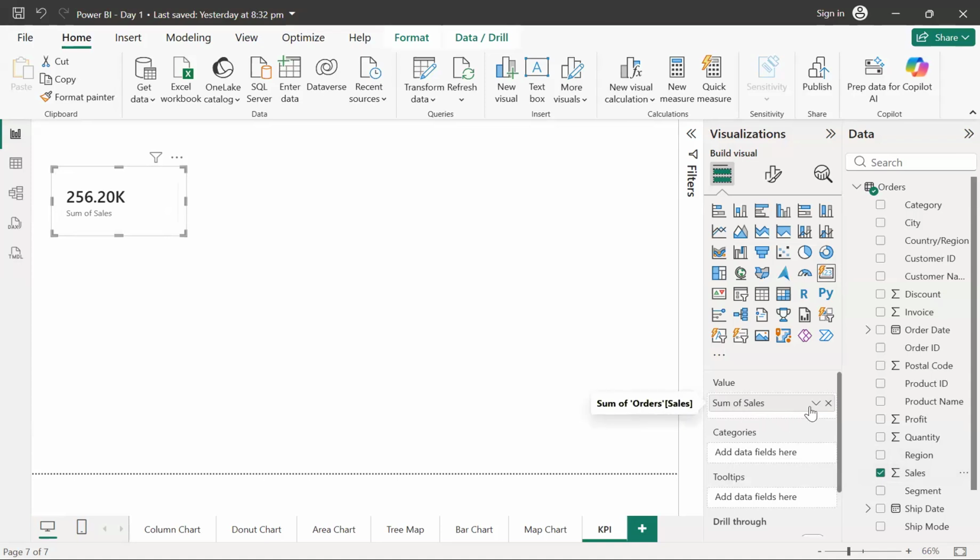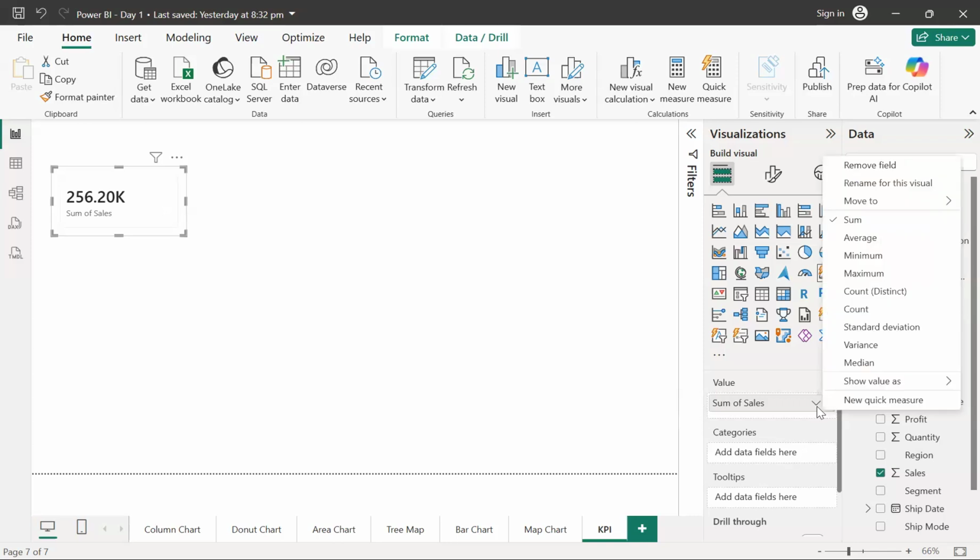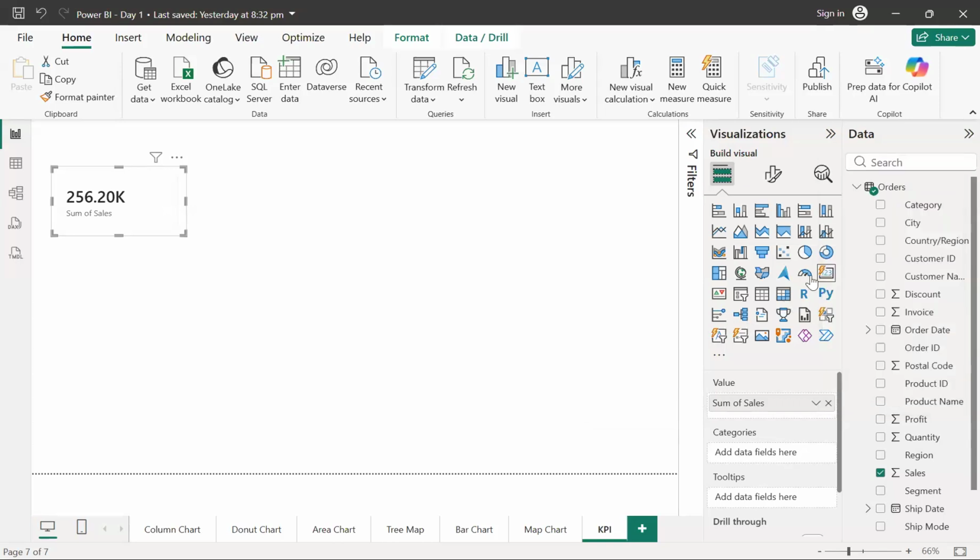Now definitely, guys, this can be changed: if I want to get the average, the minimum, the maximum, anything I can find out over here. But for the time being, I want to get the total sales, like how much sales we have done so far. Okay, so now that information we are getting over here. This is the very first information.